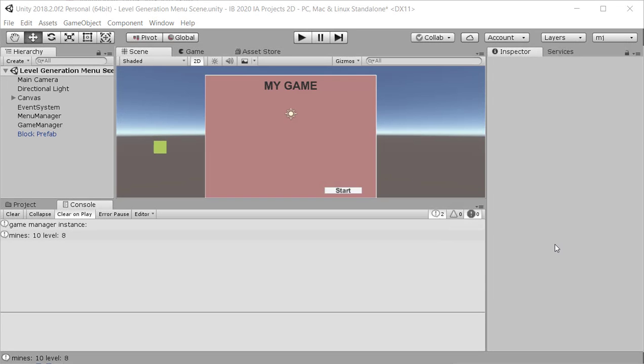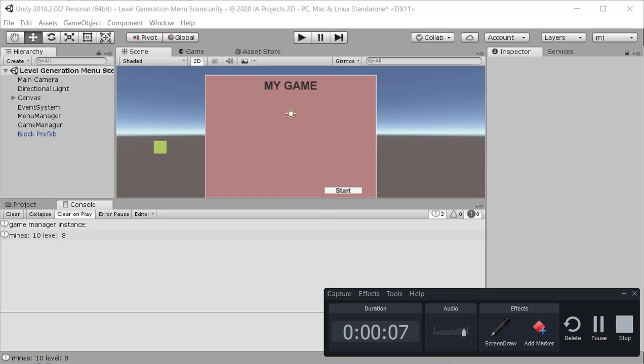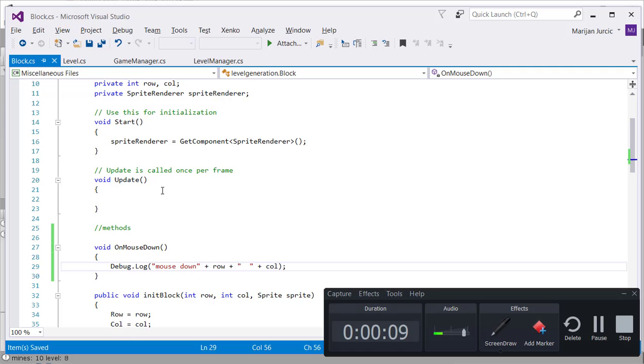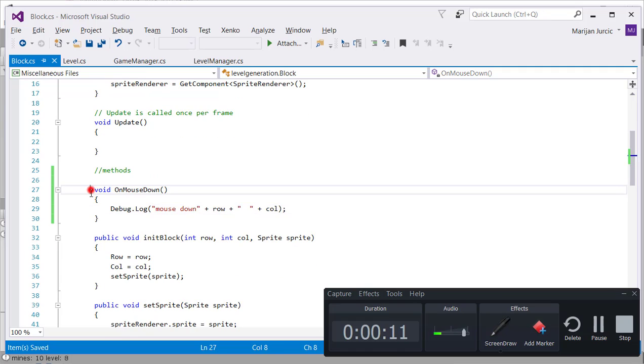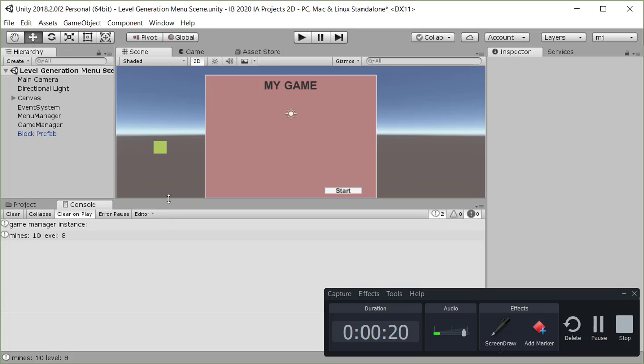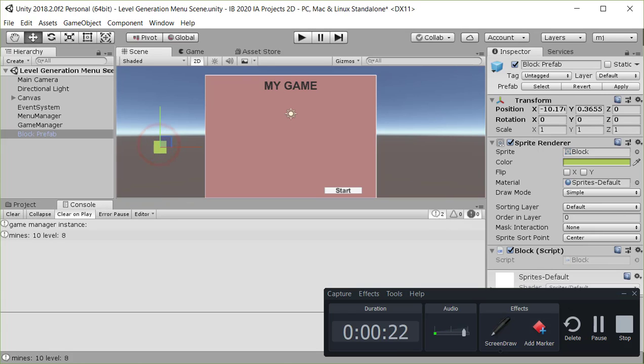So mouse events can be handled a couple of ways. One of the simple methods is to add some code to the block, and this is called the OnMouseDown. So when you click on the block, I'm just going to print its row and column. One thing though is for this click to work, the sprite or the prefab